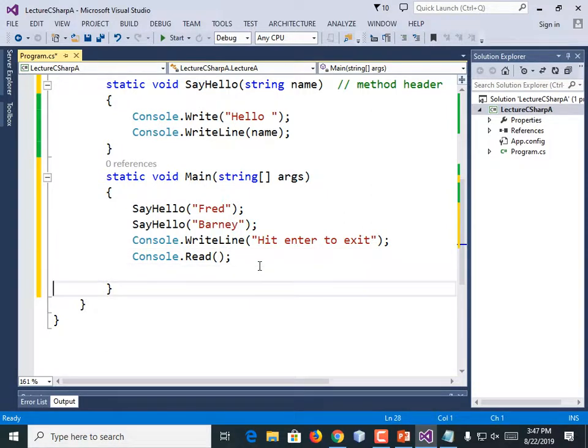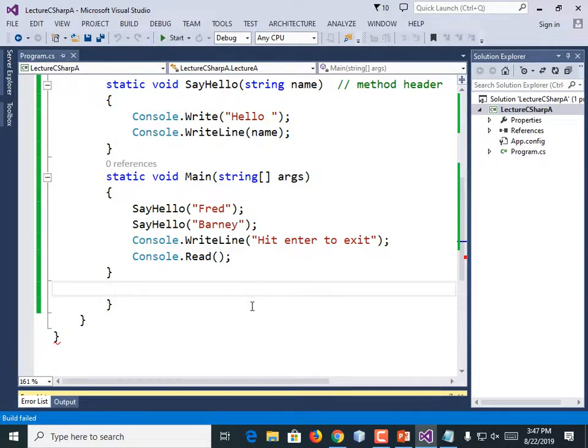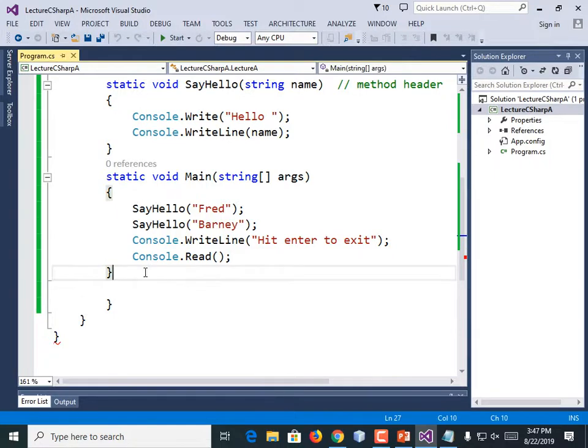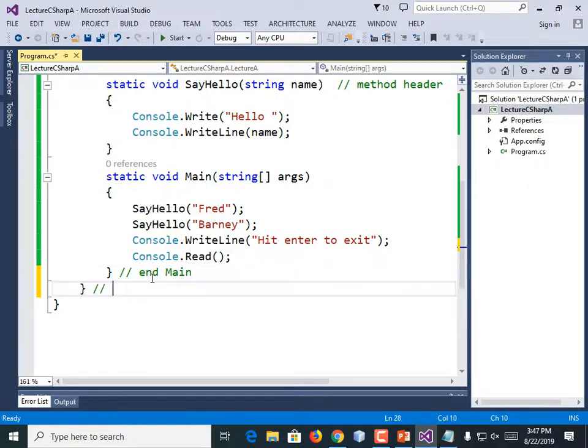Quite often you'll get to the point where you've accidentally typed too many of those braces, then it'll no longer run, or to where you don't have enough of those. So what I usually do, although I don't remember to do it every lecture, but I would certainly do so if I was doing professional programming, is add a comment to the closing brace. This is the end of the main method. This is the end of the class. I'd actually have to scroll up here and see what it is, but I could just do end class, right? And then do end namespace.